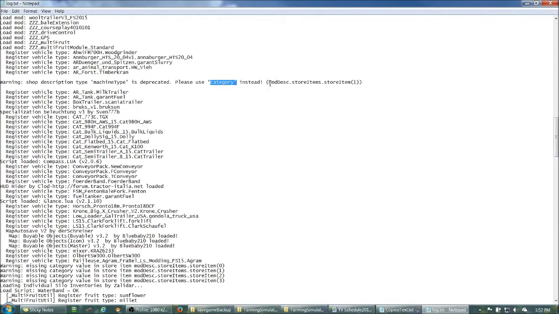And then it tells you the file that it's what to change. So the mod descript file is the one you got to change. So somewhere in there, there's the wrong code line that says machine type. And in this particular one, there's actually two of them that you got to change. They do the shop descriptions right. They change the category there, but at the very top,